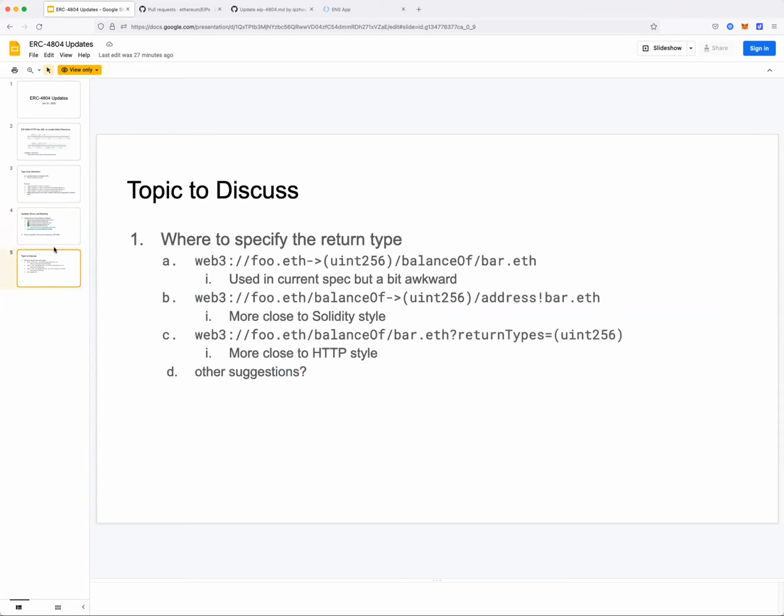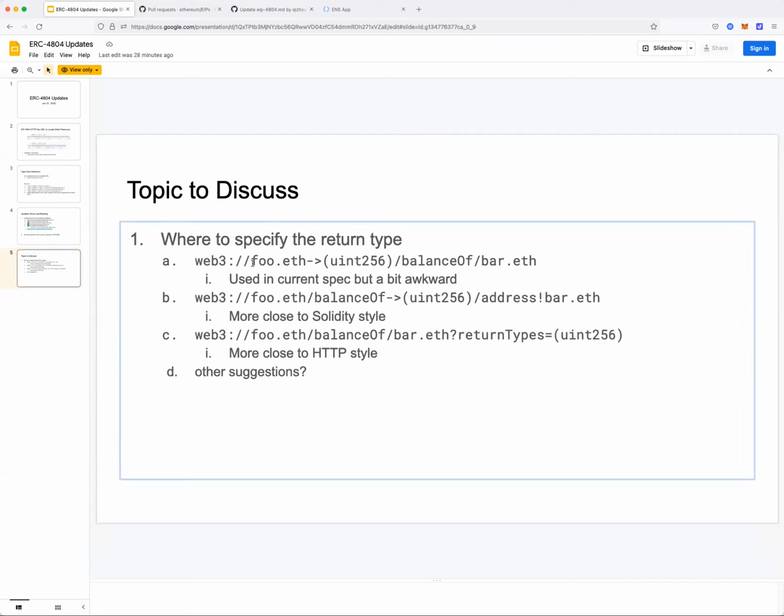Following McKay's comments, today I want to discuss a topic closely related to the question just raised, which is where to put the specified return type. There are at least a couple of possible ways.